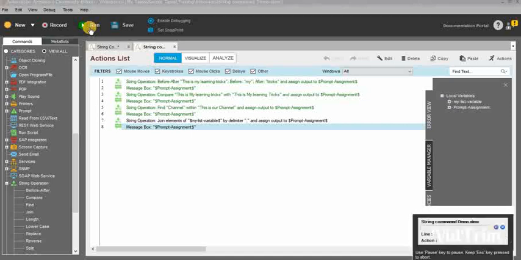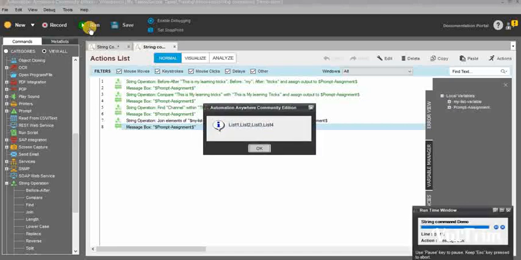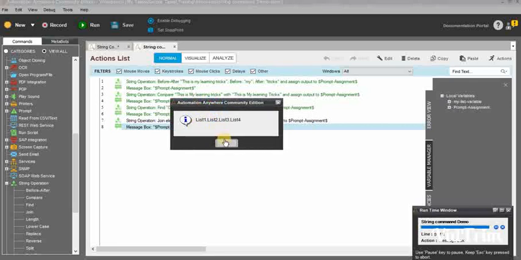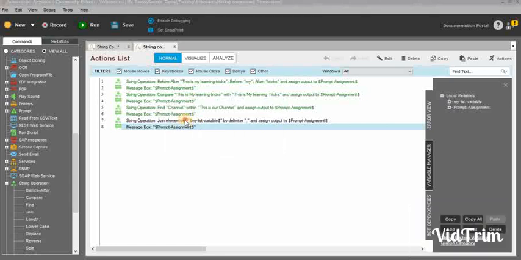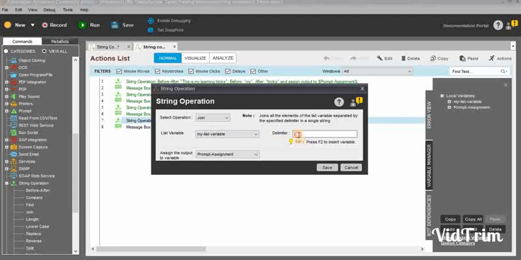So the runtime window has been started. You can see the results. In the mylist variable, we have list 1 and the other items on separate lines. But here, in the same line, we are getting the results as list 1, comma, list 2, comma, list 3, comma, list 4. That is why we used the delimiter function. Here, if you would like to use a hyphen or underscore, you can use any symbols.